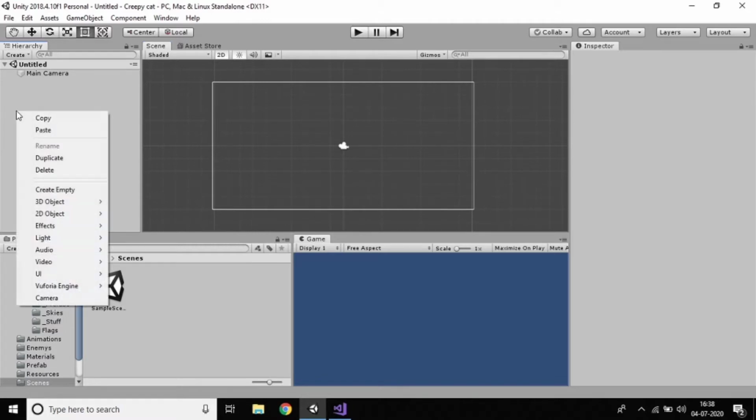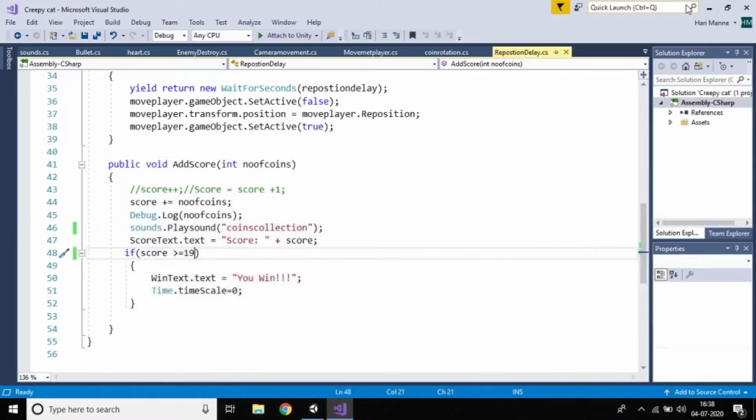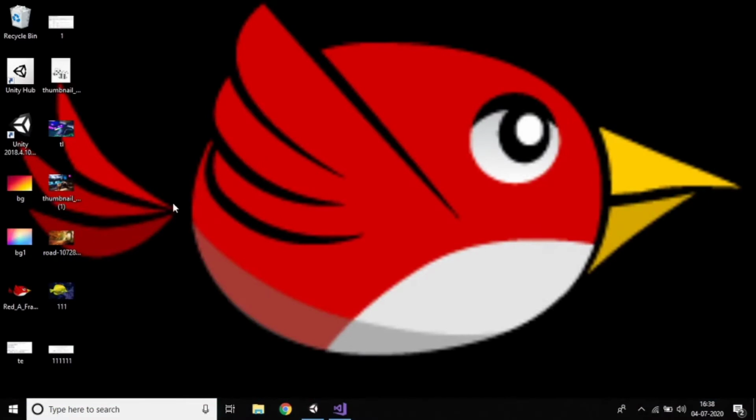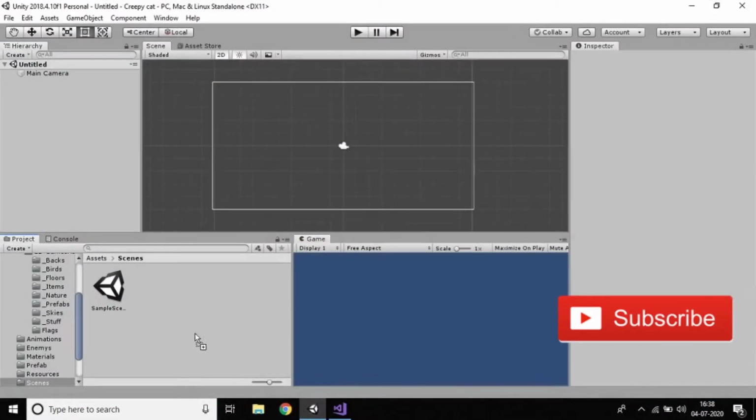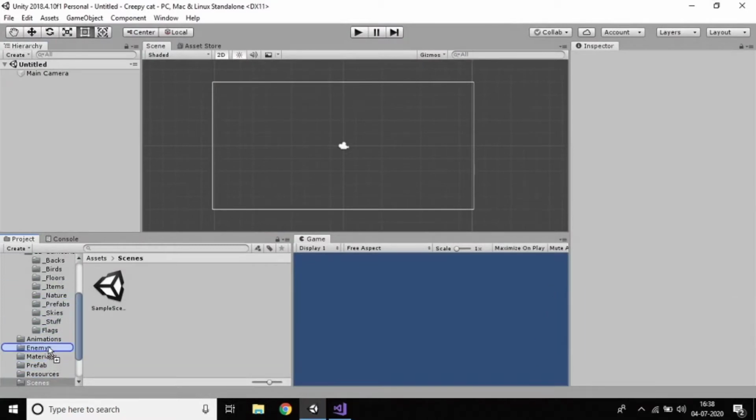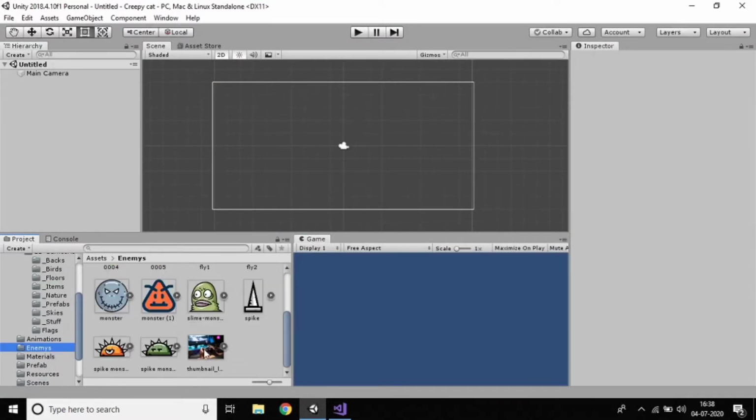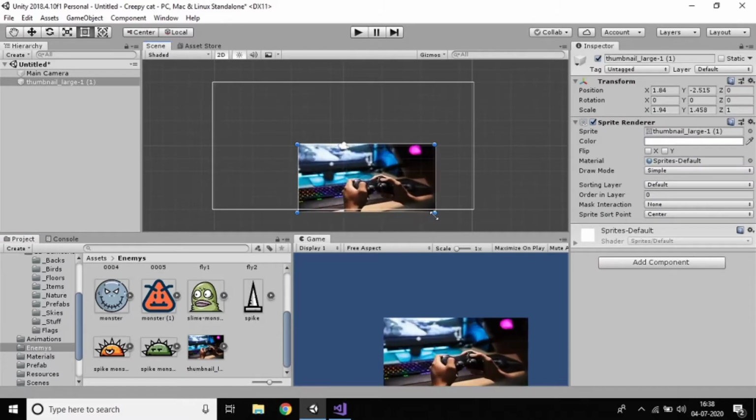If you want to show game over, we need to drag some photos that we have in our assets. Go to assets, and in enemies I kept this folder, just drag it here and keep it.